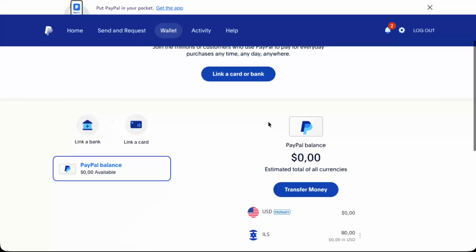Finally, once the currency has been added successfully, you'll see a button that says Done. Tap on Done to finish the process and return to your wallet view. You should now see the new currency listed alongside your existing balance. And that's it. You've successfully added